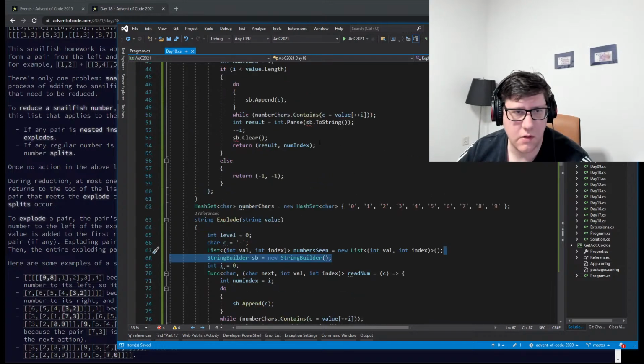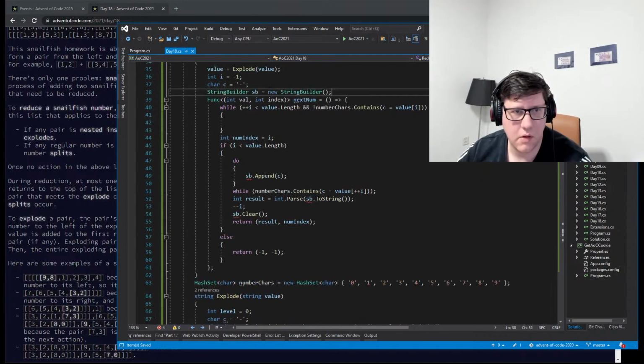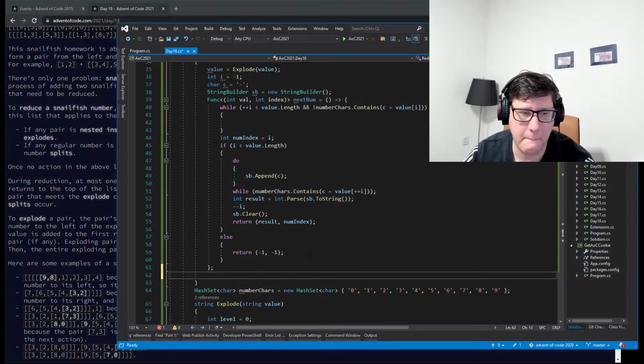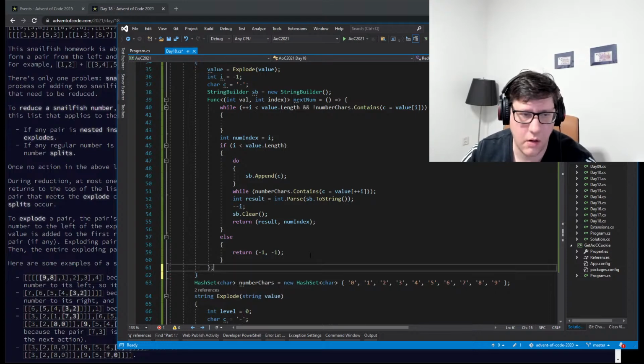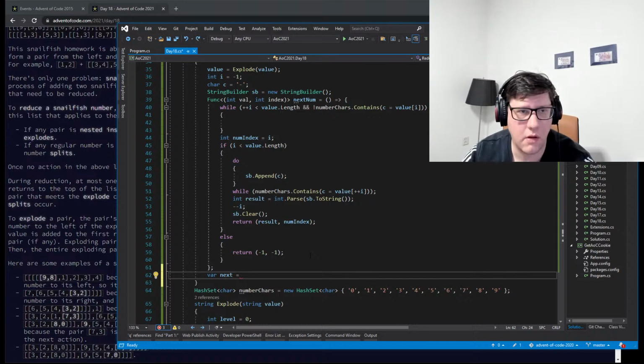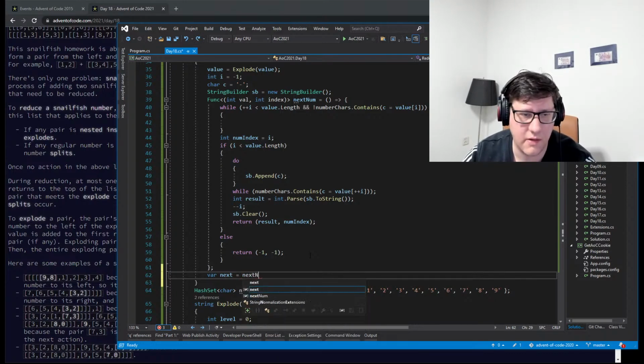String builder. So, while so far next is read next num,